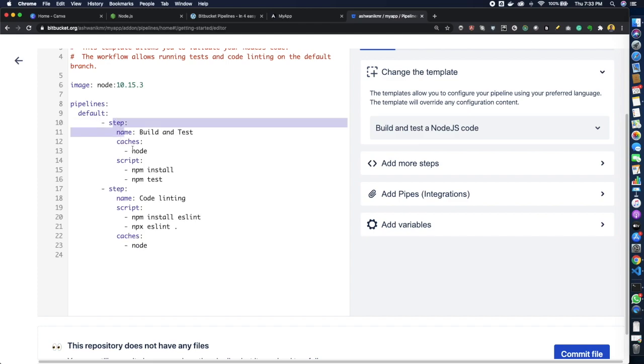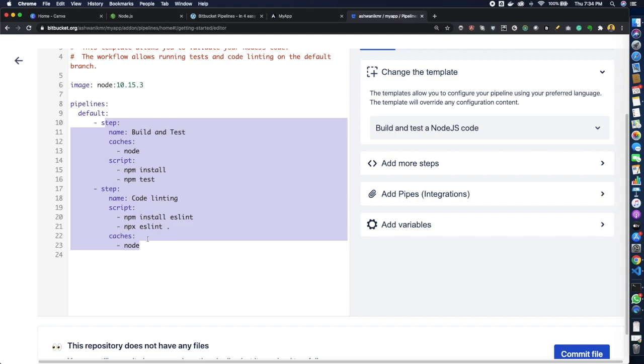Now let's do some indentation. Let's pull it back. This is the step that we want to execute. This is the name of the step. I will simply change this to installing dependency. So this is the cache tag, and you need to specify what things you want to cache. So if you specify the node over here, it will cache the node_module folder for you. And after that, you don't need to run npm install in each step.